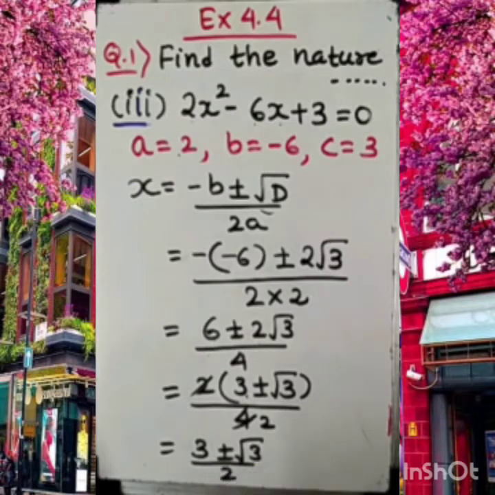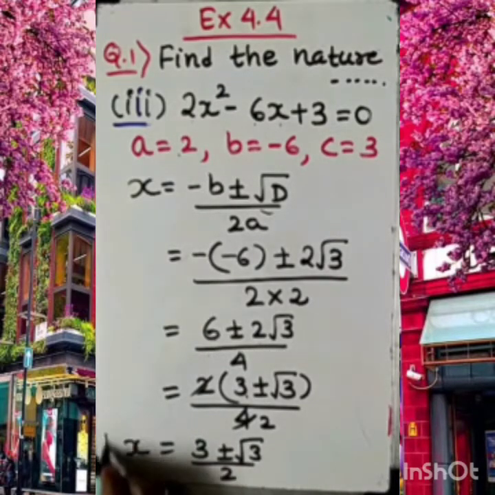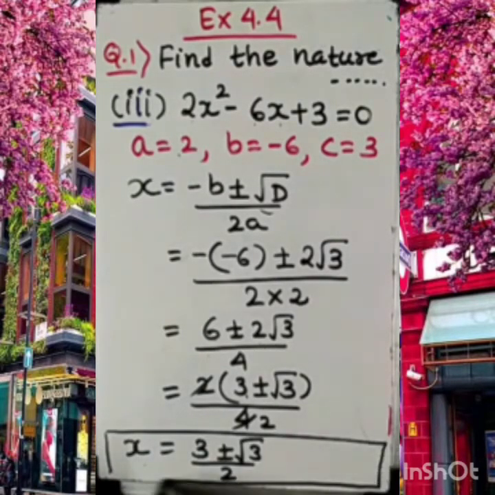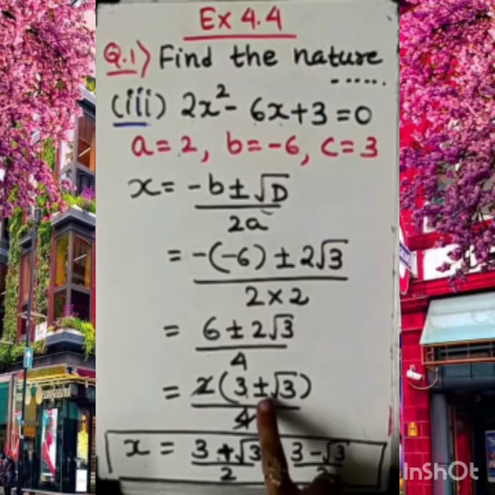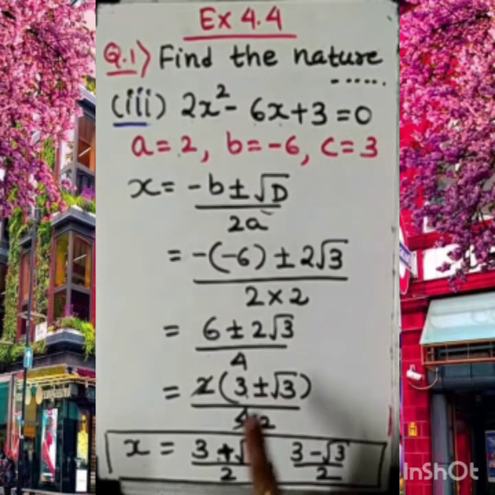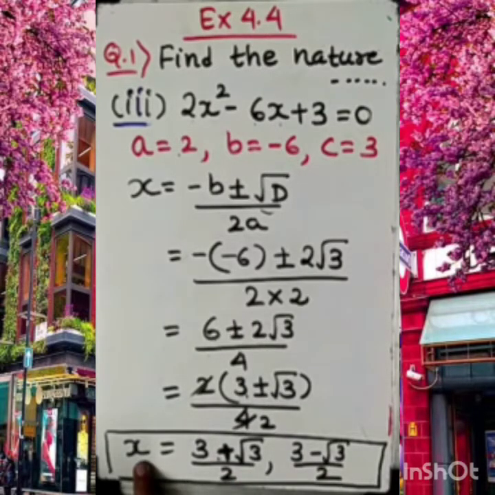This is the solution, okay? This is the value of x. So here plus or minus I am writing. The two roots are, you can mention, one time plus, the other time 3 minus root 3 by 2. These two are the solutions of this given quadratic equation. Because of this plus or minus sign, this side is plus and this side is minus. Both of these are distinct roots of this quadratic equation. You see?